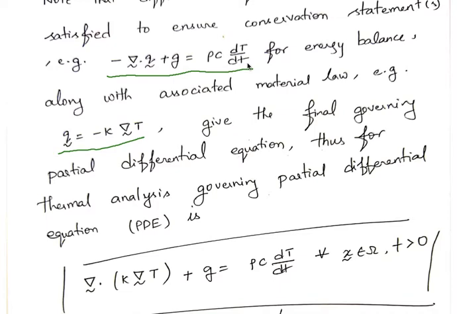Another way to think about it: once again let us take that processor and heat sink problem. You cannot get the temperature distribution within the material unless you know what the heat sink is made of. If it is made of copper, you will have one sort of temperature distribution. If it is made of aluminum, it will have something else. If it is made of stainless steel, it will behave in another way. So the final result is going to depend on the material law.